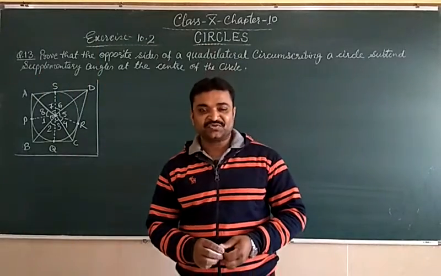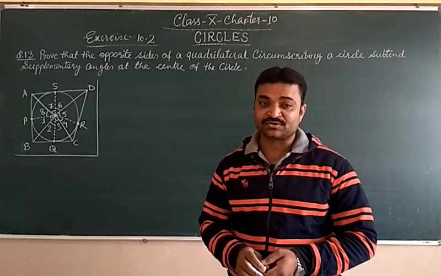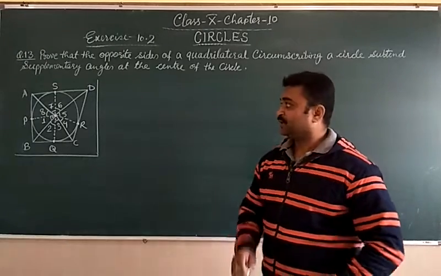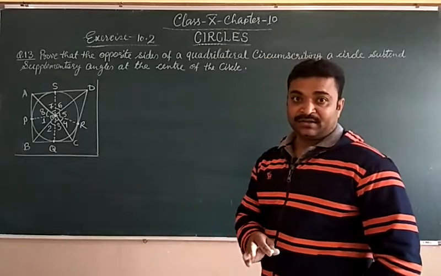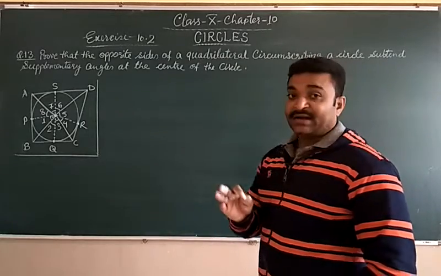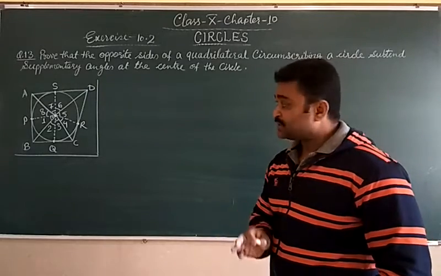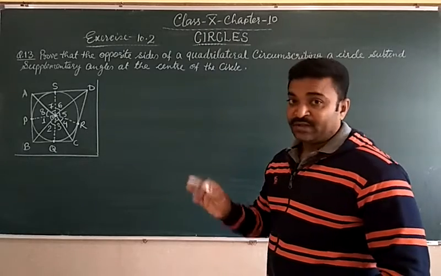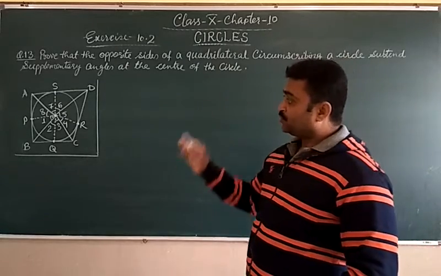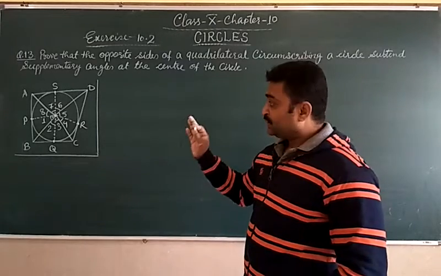Hello students. Now we are going to solve the last question of exercise number 10.2, that is question number 13. In this question we have been given a quadrilateral and a circle. The quadrilateral is circumscribing the circle and we have to prove the opposite sides of a quadrilateral subtend